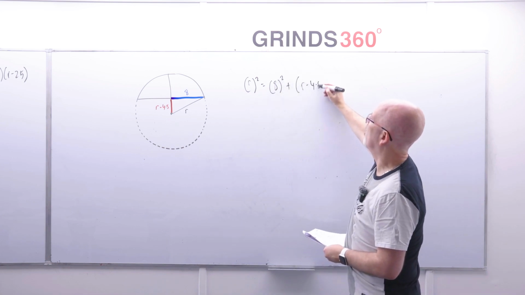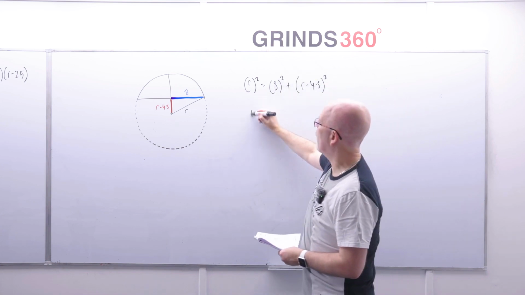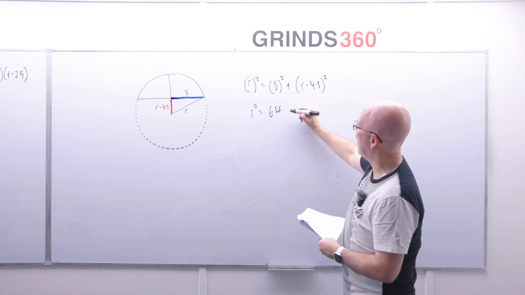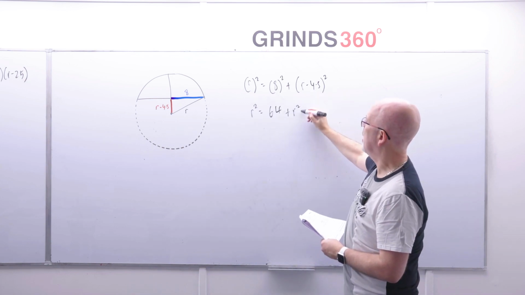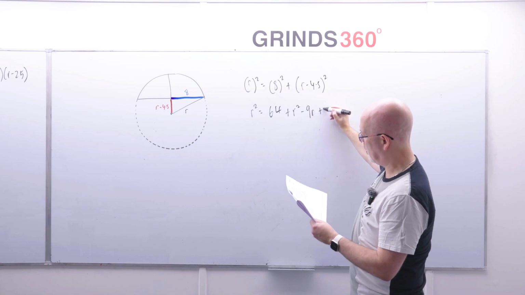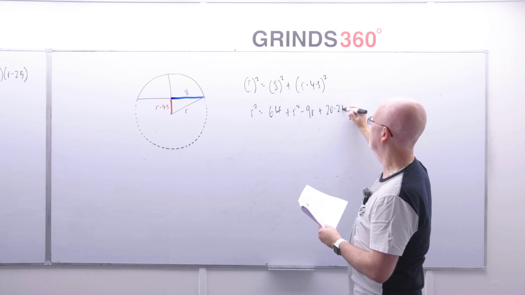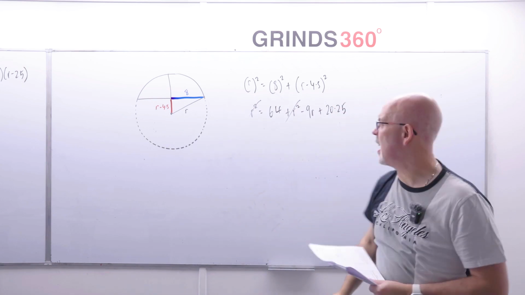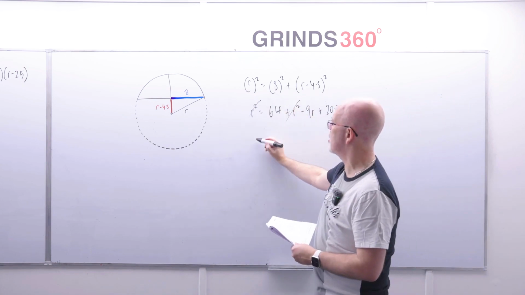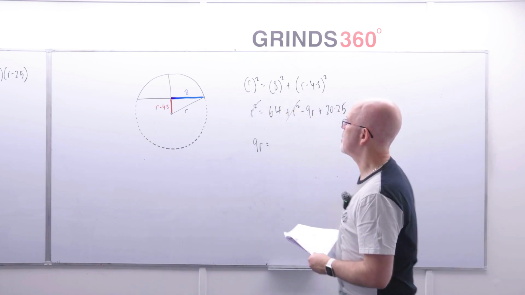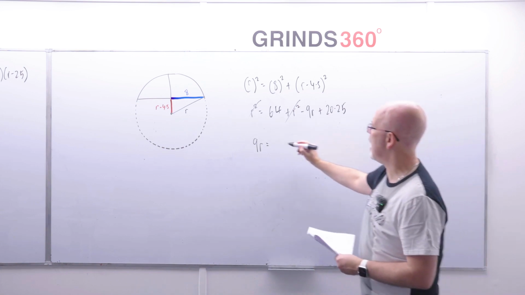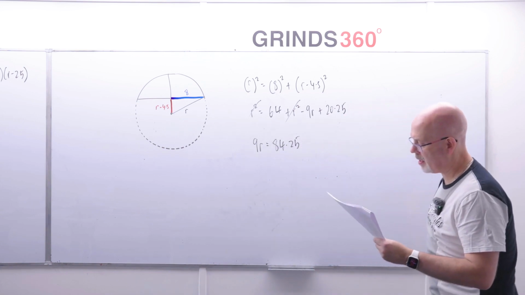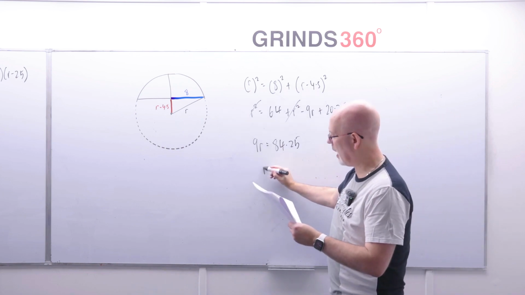r minus 4.5 squared like that. So r squared is equal to 64. And you square that bracket out, you get r squared minus 9r plus 20.25. Okay, and again, subtract r squared from both sides, they cancel. I move the 9r across onto the left, it becomes positive. So I get 9r is equal to 84.25. And then divide both sides by 9, we get that r is about